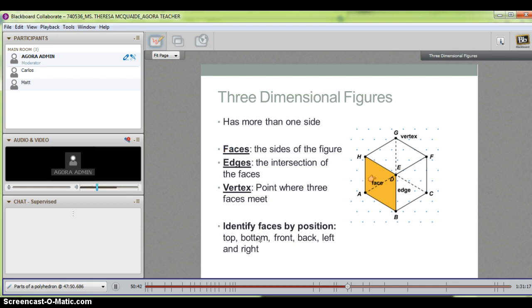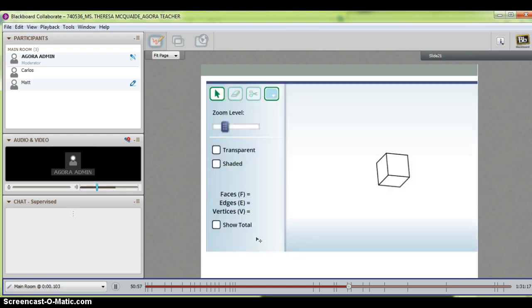This is yellow, flat surface. It's a plane. There's that before. Edges, which are the lines that we draw to draw the polyhedron. And the vertex, that's the point of the edge. Okay, so let's go now and let's show how we could then take this lesson a step further by doing